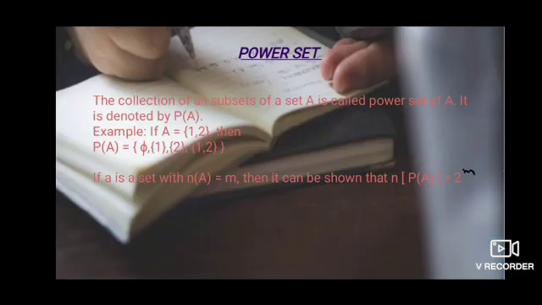Power set. The collection of all subsets of set A is called the power set of A. It is denoted by P(A). Now we can take an example here. If A is a set